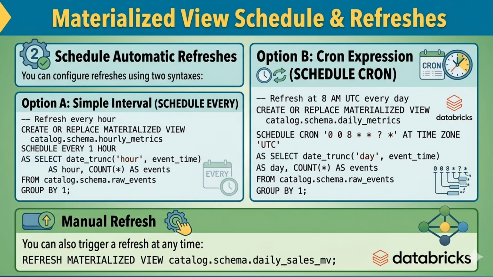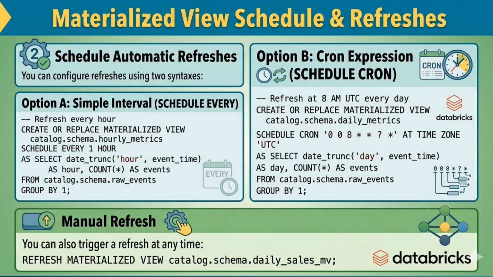Now, let's look at the second approach, Option B, cron expression, using SCHEDULE CRON. This gives you more control over timing. For example, to refresh at 8 a.m. UTC every day, CREATE OR REPLACE MATERIALIZED VIEW catalog.schema.dailymetrics SCHEDULE CRON 0 0 8 AT TIME ZONE UTC